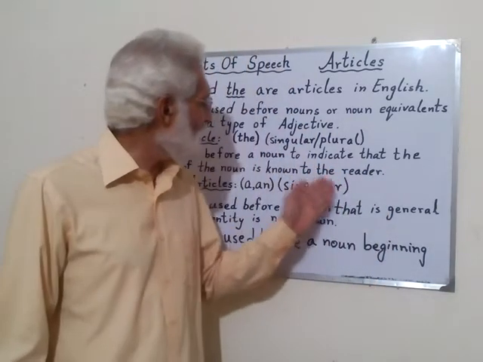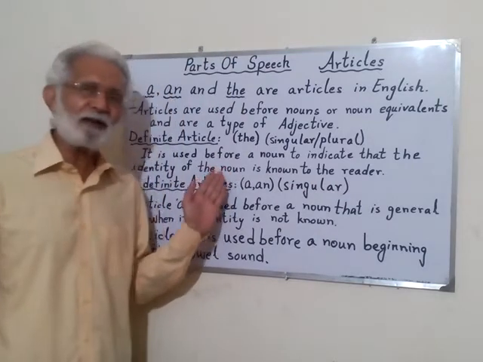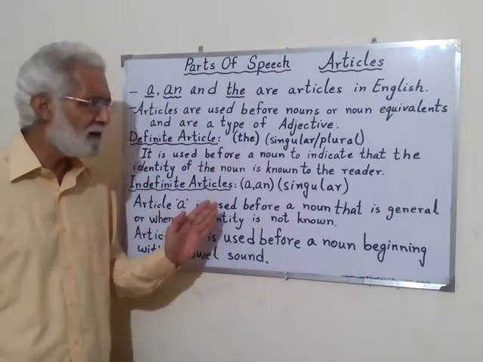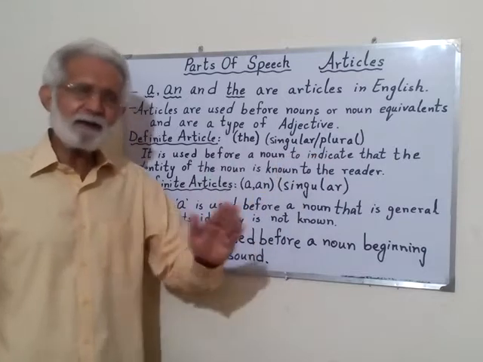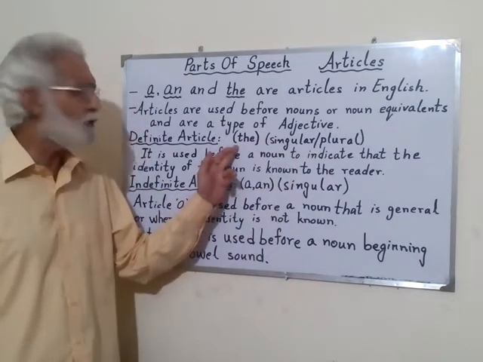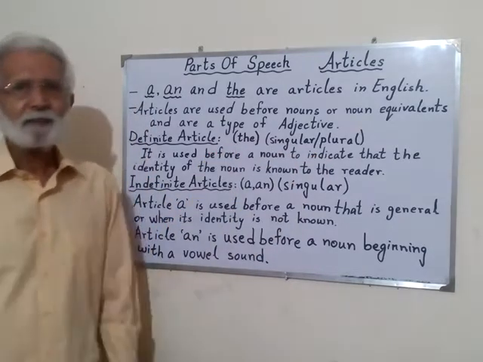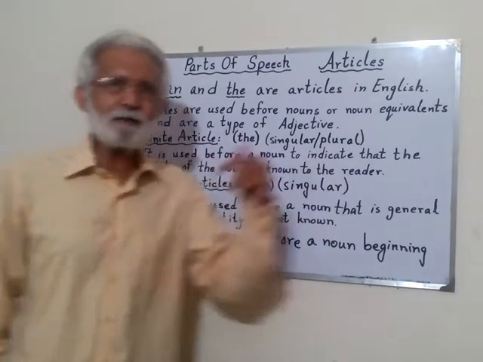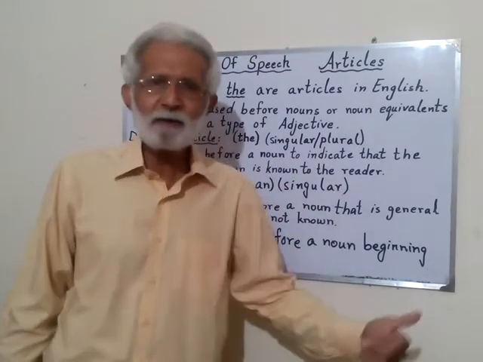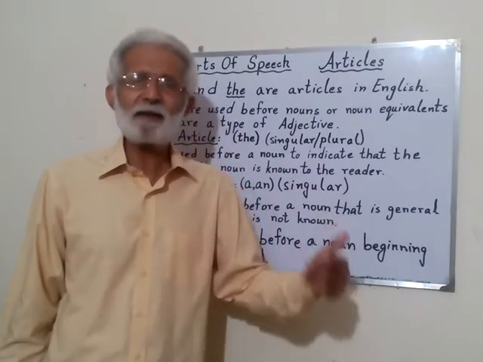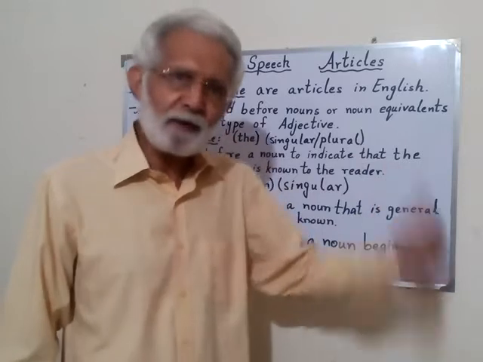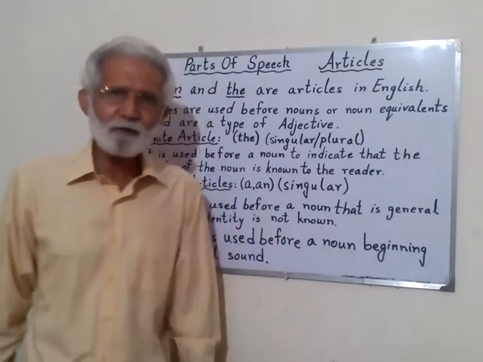So the reader will know that the noun we are using has a known identity. I know very well. The indication is there, and the indication is given by the. The is the indication that identity is known. A famous person, place or thing. In simple words, we say it in front of a proper noun. In front of a proper noun.